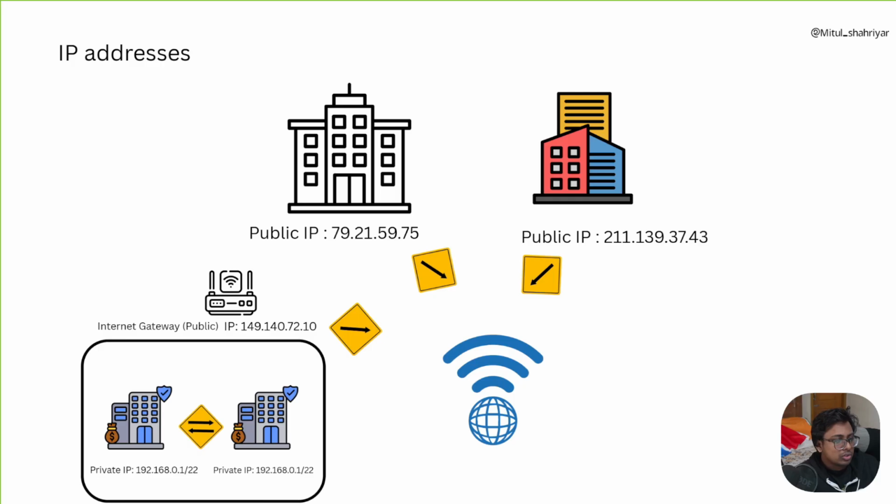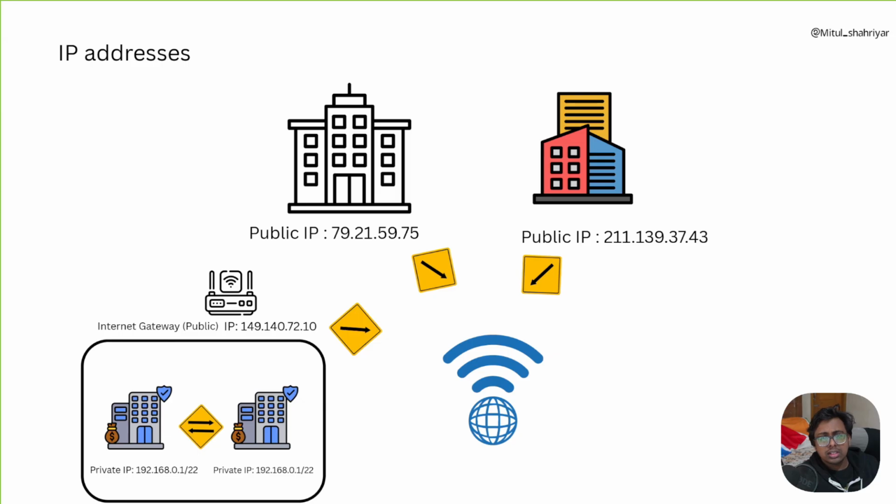So how we solve this issue is using an internet gateway. An internet gateway basically has a public IP. So assume this organization wants to contact this other organization or office. The public IP will contact through this internet gateway and then get into this one. The packets and others are sent, and this is how things work. So you have to be very